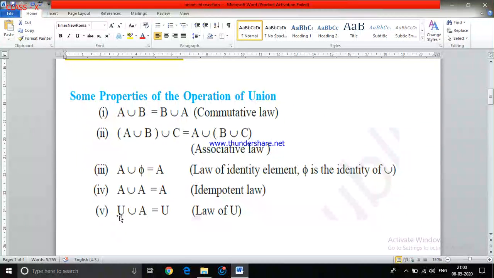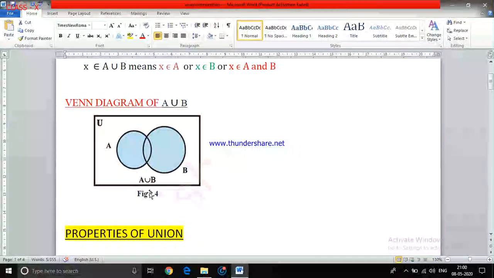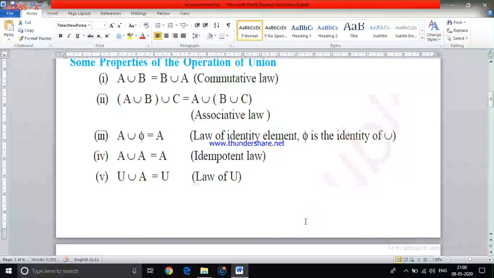Now here the universal set is united with A. Be careful now. First you represent the universal set, and the next notation represents union with A. The universal set union A will give you again the universal set, because the universal set is always bigger than its subset A. If I take the union, then the elements will all come from the universal set. So when you do the examples, you can understand this property more clearly. I'll go through the examples.